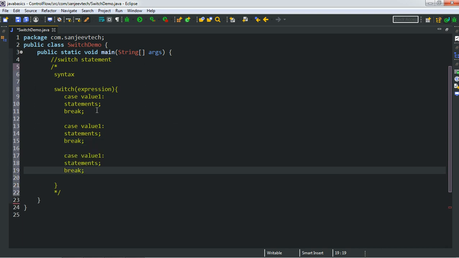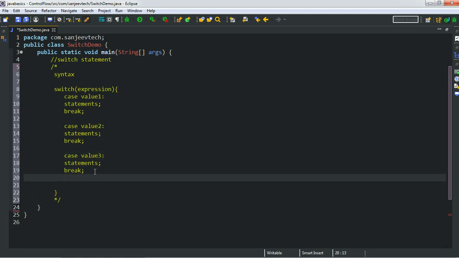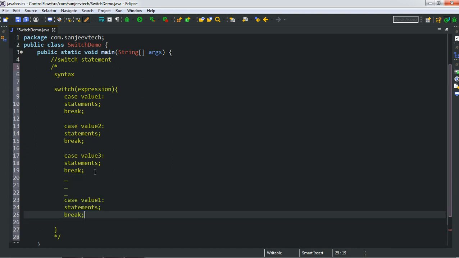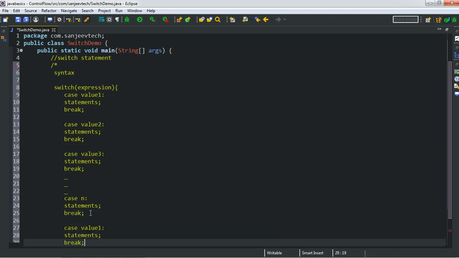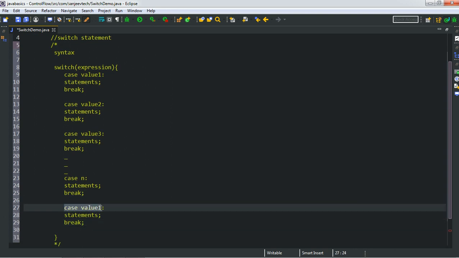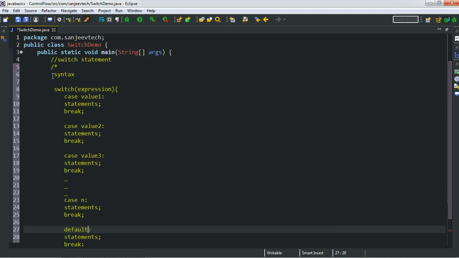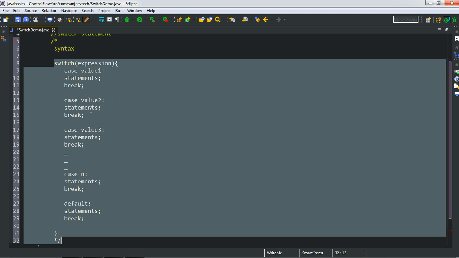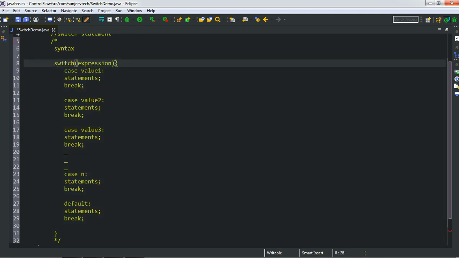So let's say we have the case 1, this is case 2, and the case 3, and you can write the cases up to n. So let's say we have the case n, and at last we have default. So this is the complete syntax of switch statement. Okay, so we have a switch, then we have expression,